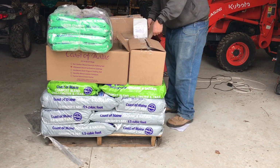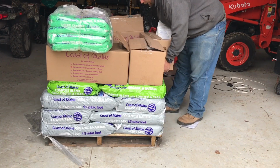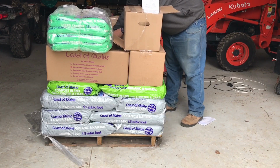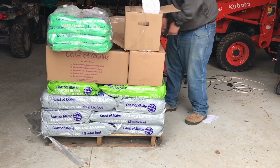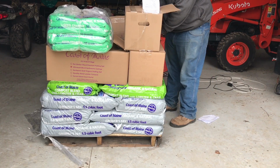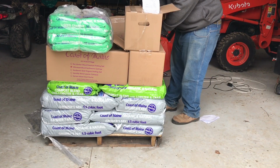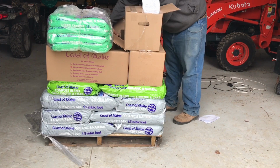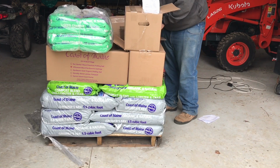And then we got one more box over here to unpack. So we're gonna go ahead and move this. I think I know what this is, and I'm really excited about it. But I didn't have any of it last year. At least I don't know if I remember having any of it last year. I know exactly what this